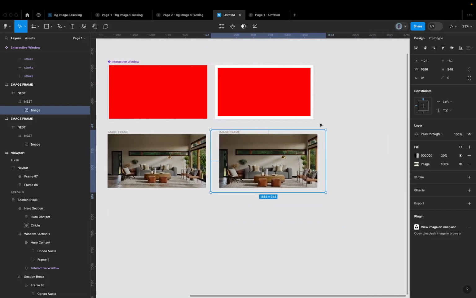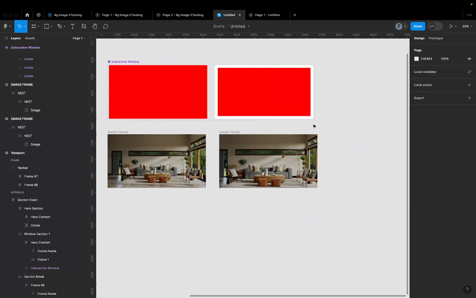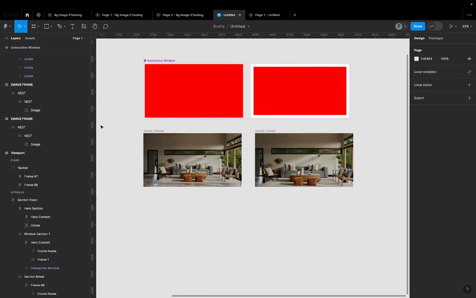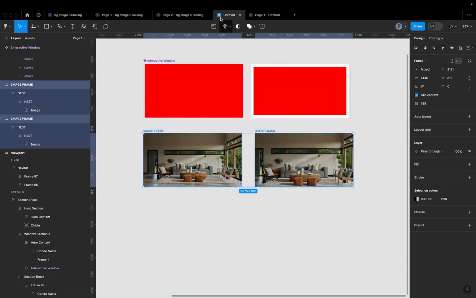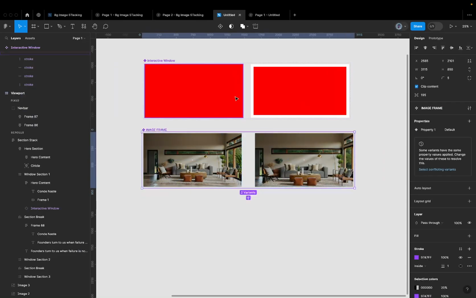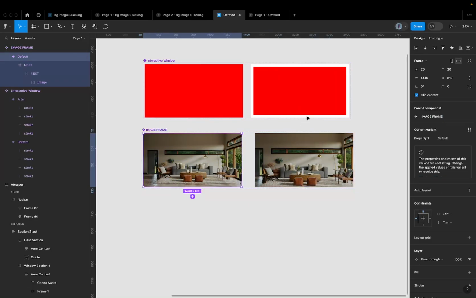So I'm not really going to give you sizes, because size depends on the kind of effect you want to achieve. So I'm going to just select both of them and then create a component set as well. For this component set now, what I want to do is link both images to have the same